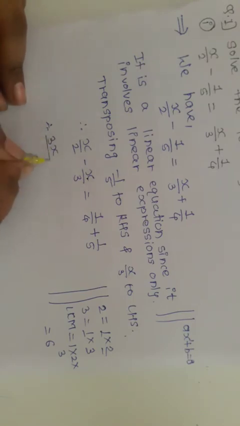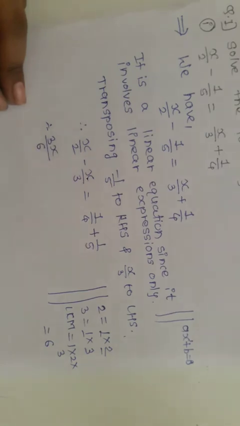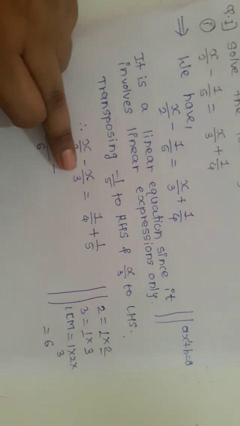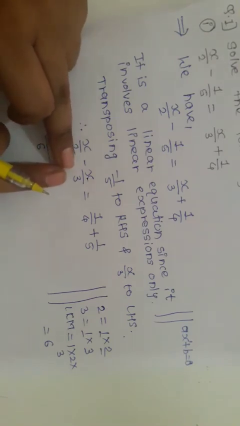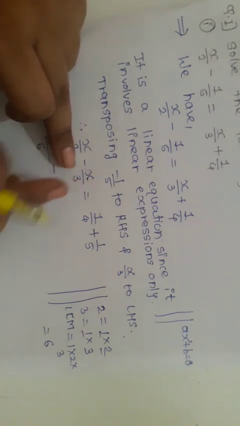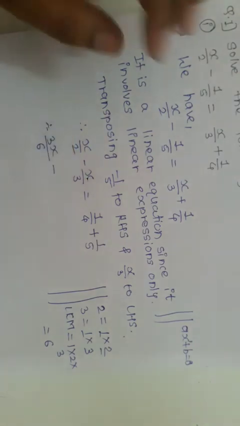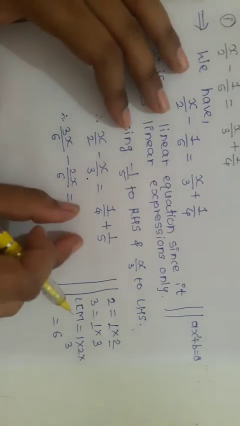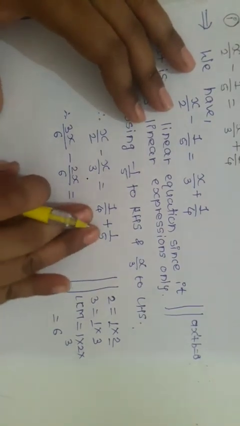Therefore 3x upon 2 into 3 is 6, minus again here, this denominator is not 6, so we have to make it 6. So how can we make it 6? We have to multiply the numerator as well as the denominator by 2. So it is 2x upon 6, which is equal to,